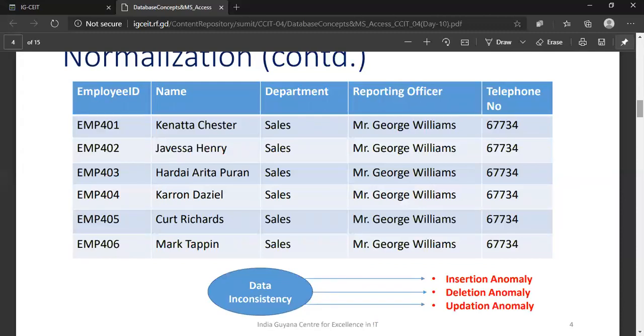Mr. George Williams is the reporting officer for all the employee records given in this table. And also you will notice all employees are working in a single department called sales. Also, everybody has the same telephone number.